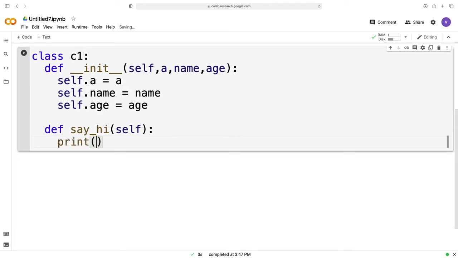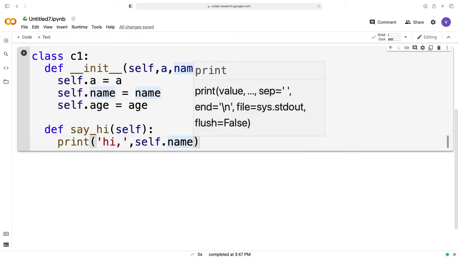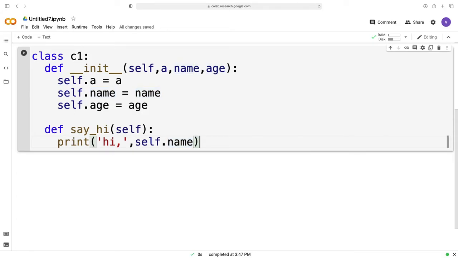I'll be printing out hi, and I'll use self.name to access the name of the object, the argument that will be passed in the object, self.name, and that's it.